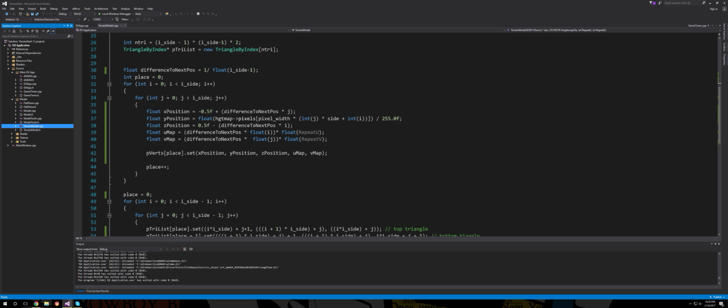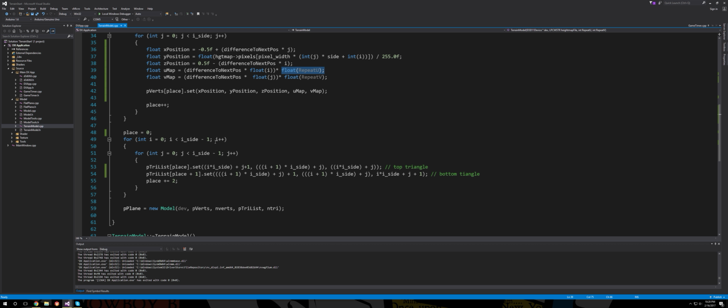To get all the accurate information for the points, we use this first for loop, where we get the x position, and we get the y position from the information that was given to us divided by 255, and that will give us the y position, z, and then the u and the v, which also takes into consideration the repeated u and repeated v that are inputted